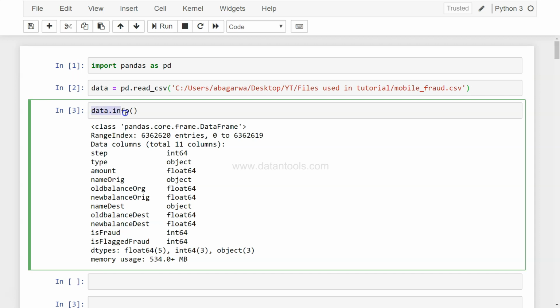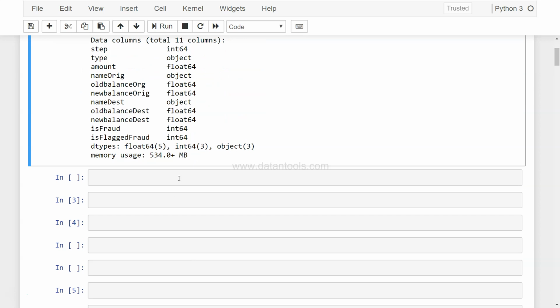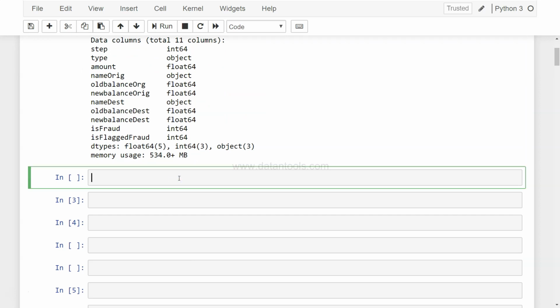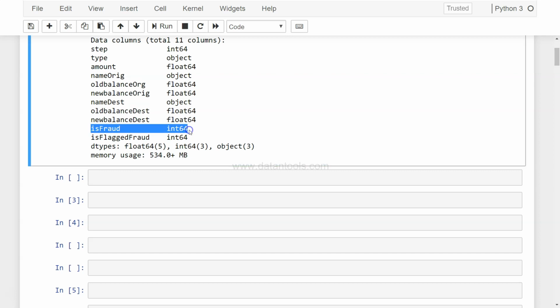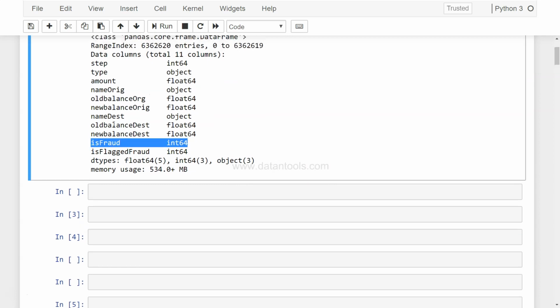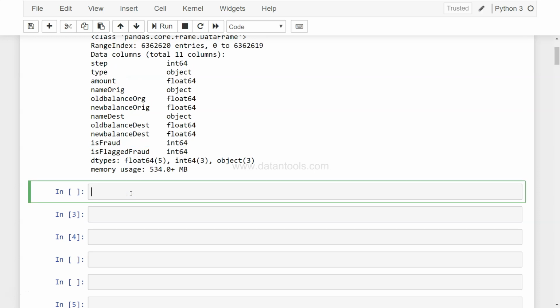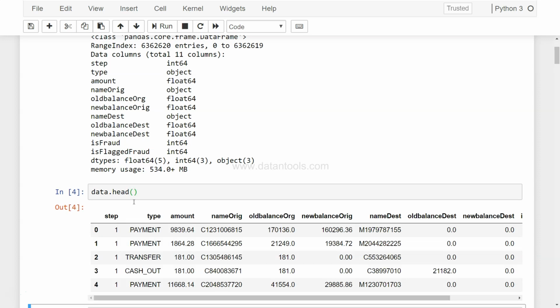And then over here we are using the info method, and we see that it's 534 MB. Now if I use the entire size, this is going to take hours within the grid search, because it's very resource intensive. So what I'm going to do to demonstrate here is subset the data set. Fraud is something we need to predict based on the different columns. So first of all, let's quickly check the data set, which is data.head,